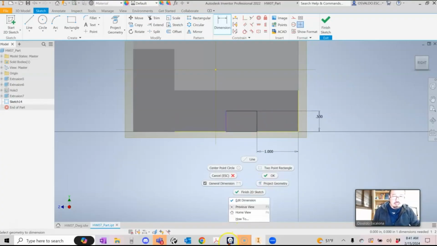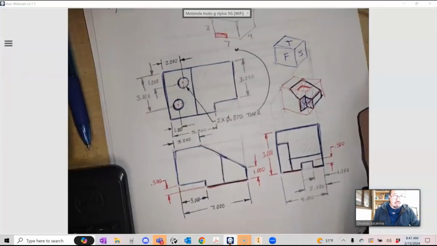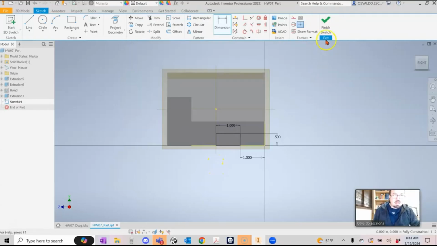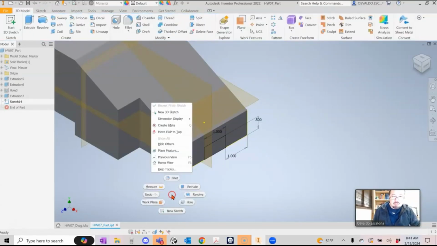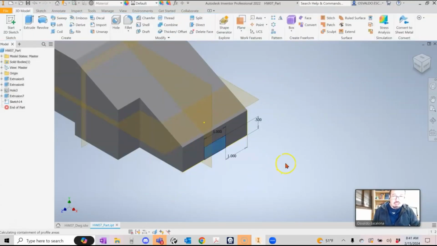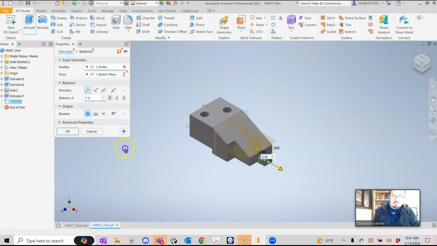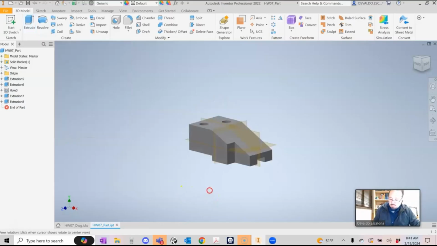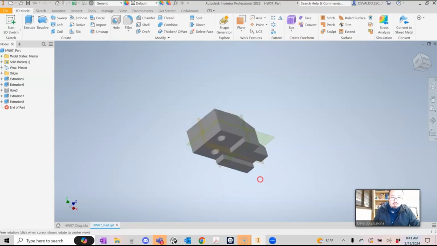And the whole thing, I think it was 1 inch width, right? You got 2 and 1, so 1 inch width. So this guy should be 1. Boom. And I'm done. I'm going to finish my sketch. At this point of time, I can right click and I can do extrusion. And again, just making sure I do it the right way, I'm going to go to all and cut. And I'm going to say okay, boom. So I am done. Shift middle mouse button to start rotating, and it seems to me that I'm done with